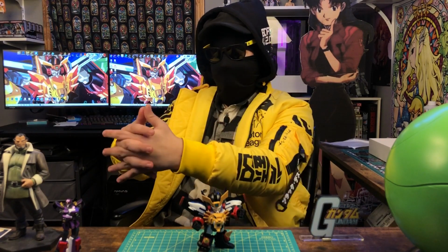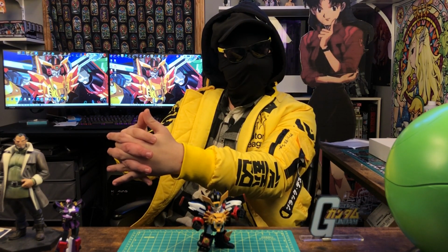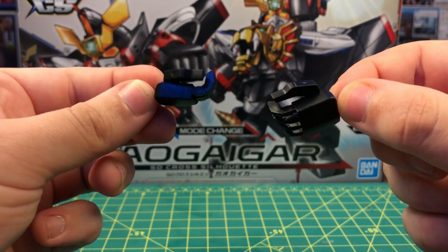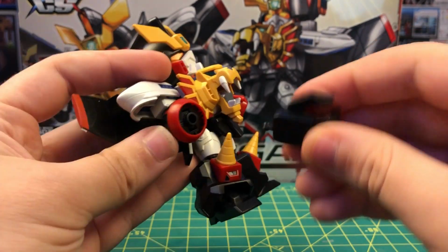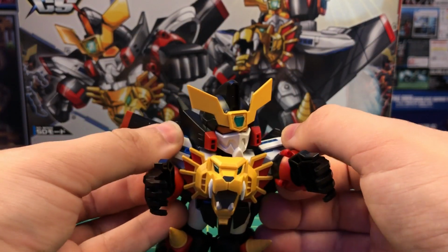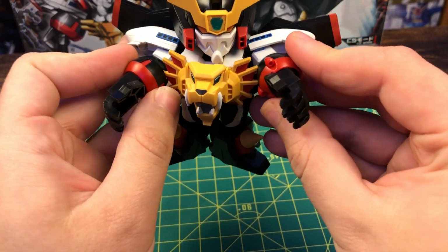You know, the attack they use in like every single episode until they realize that the Monster of the Week formula does get really stale very quickly. I guess they could also be used as just kind of expressive, relaxed open hands, but they're really hollow on both of the other sides, so that wouldn't necessarily look as good as just having the fists, I guess. Of course, we're just going to pop those in here, and then all you have to do is flip the arms up just like this, and then we're going to...